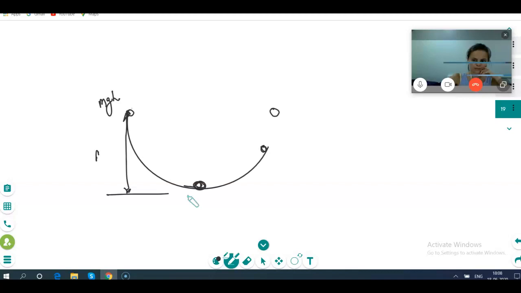It is v squared divided by 2. Yes, you have kinetic energy here. And at this point you will have both. No, this is the peak point, which means you cannot go up further. So it has mg but h2 or h1? Why is it less here? H2. You cannot reach the same height because some energy has been lost. Where? In friction between the surface and this rider. Is it clear?